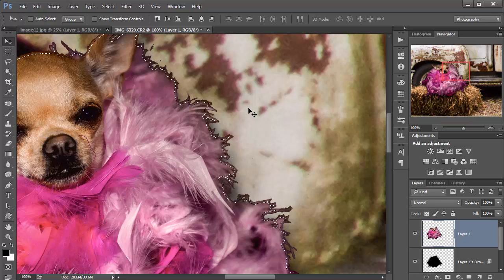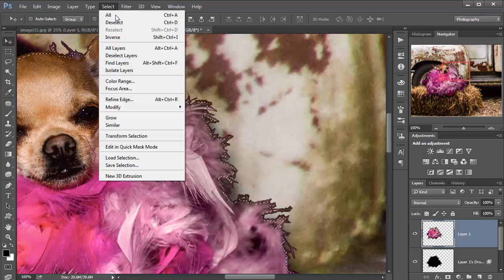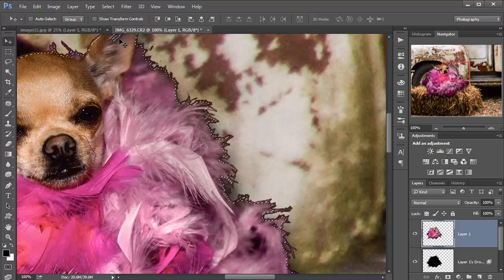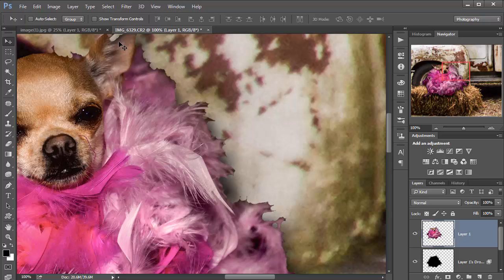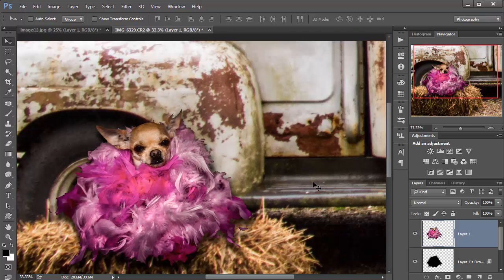We have black edges on here, so we can modify and contract these and inverse it, and we can get rid of some of the black, but it doesn't look to me like it did near as good a job. But in all fairness,